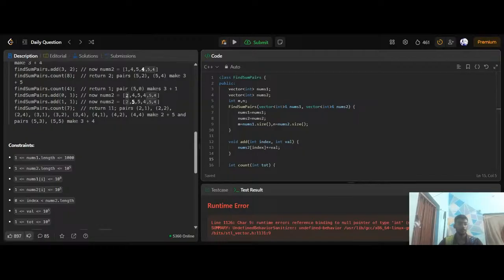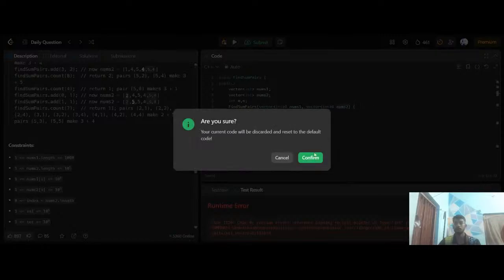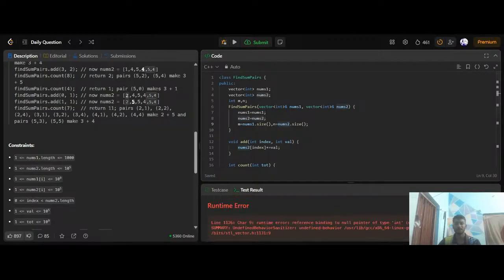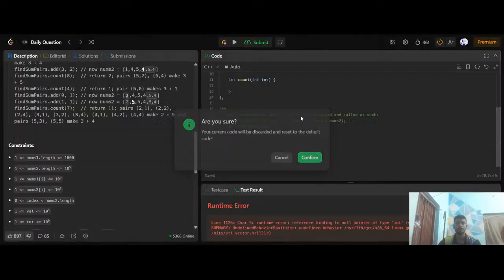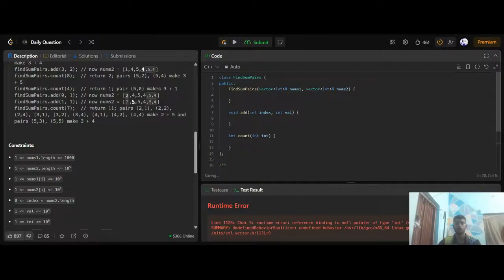That would make our work easier. I'm not doing this because it is going to give us a TLE in the future, right? So I was doing this just because of brute force approach, but it is not necessary to do brute force approach. Let me think of